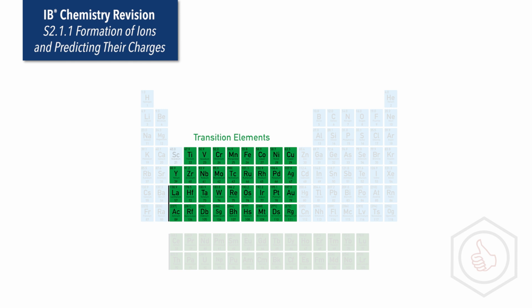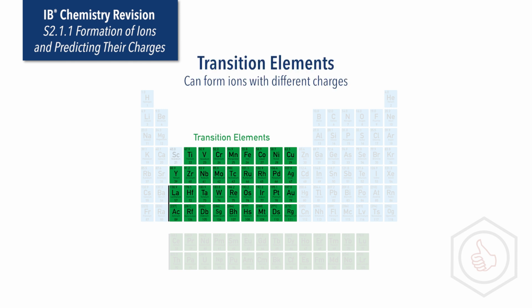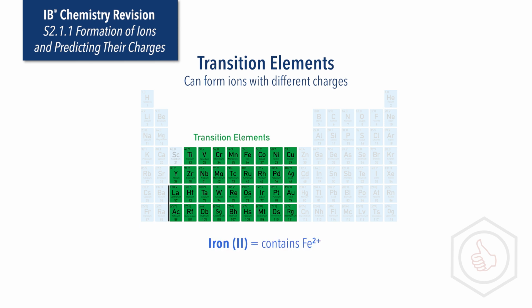Transition metals can have variable charges, which we can represent using Roman numerals in their names. For example, a name that includes iron(II) means it has Fe2+ ions in, and a name that includes iron(III) means Fe3+ ions. The ability of transition metals to form different charged ions happens because transition metals have partially